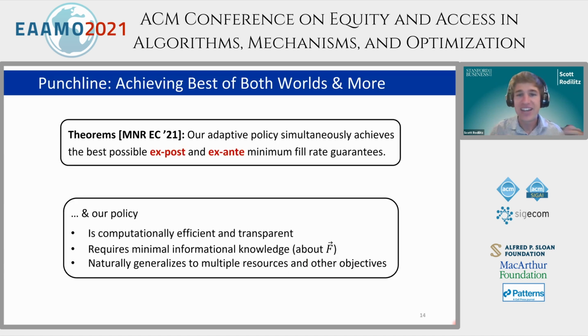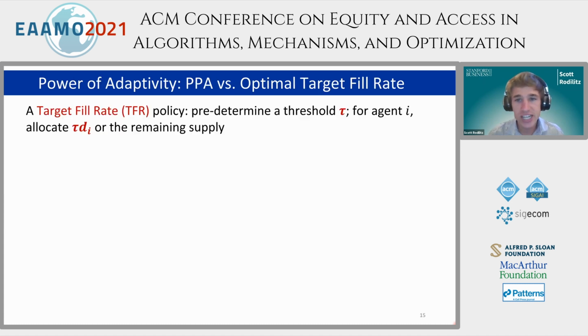All right, so like I said, we have analogous results for ex-ante fairness that I'm not going to get into today. Instead, I'm going to talk about these other properties. So our adaptive policy has these nice properties, but it's natural to wonder whether there's a simple non-adaptive policy that could do as well as what we achieve, and of course also have some nice properties for application in this public sector context. So to shed some light on this question, we considered a class of non-adaptive policies called target